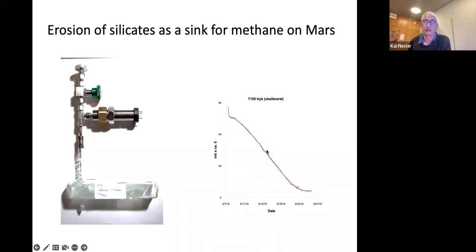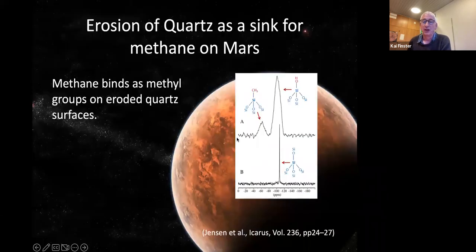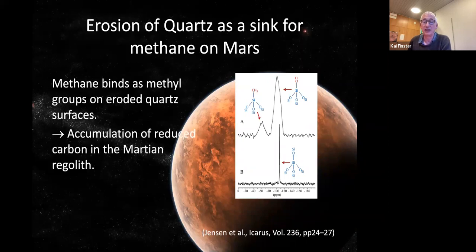So it could be that abrasion and the production of new surfaces leads to the ionization of methane, which then reacts with the mineral. We did some experiments with quartz, where we used C13 methane, and with NMR we could see that the methane actually binds to the silicon surface. This is the control, and this is quartz that had been tumbled in a methane atmosphere. We tumbled that for a long time, and here the experiments lasted for almost a year.